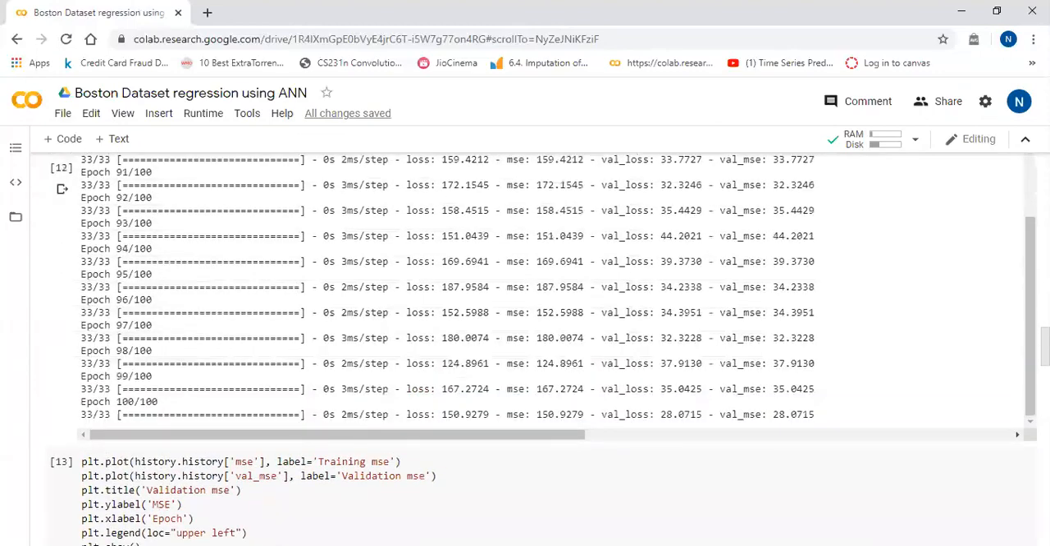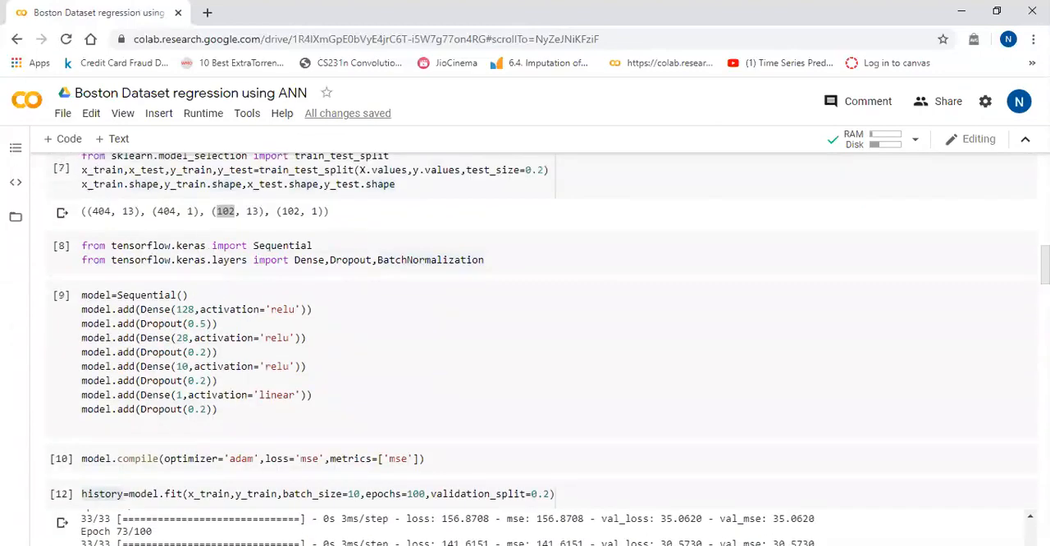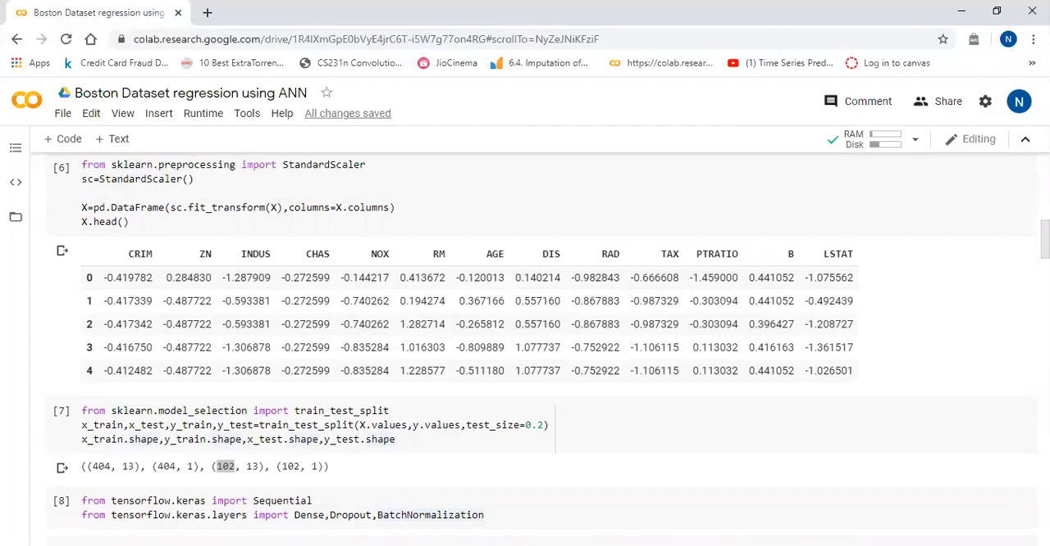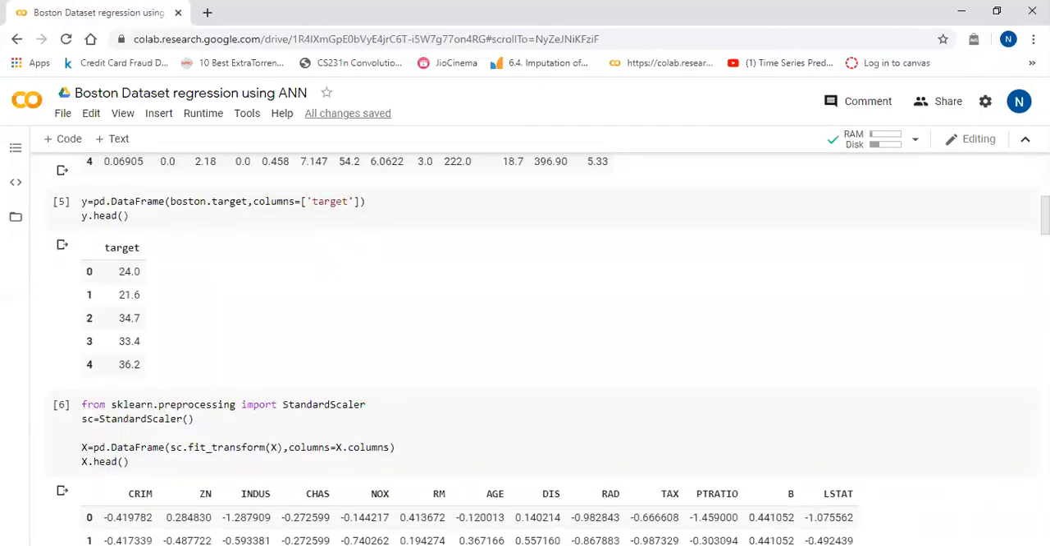You have to just create a model and provide the data to it. And before that, you have to apply standard scaler, min-max scaler, some techniques on the features. So that's it for the